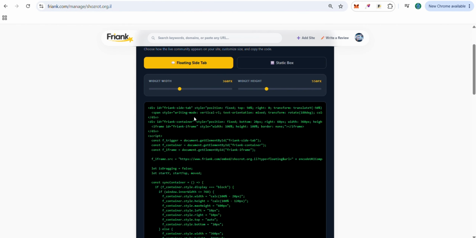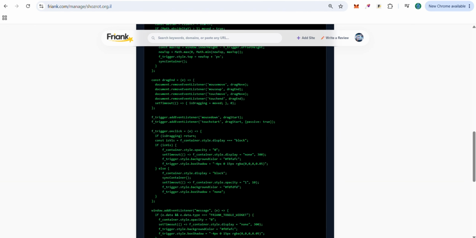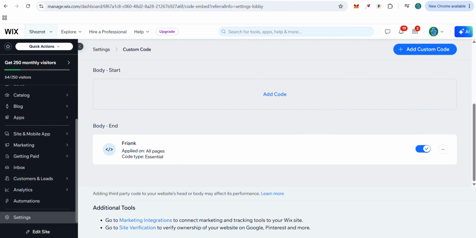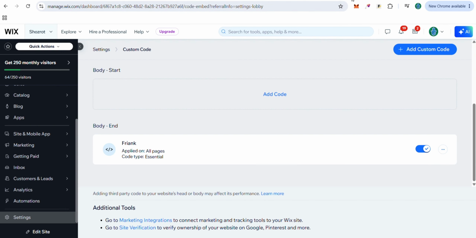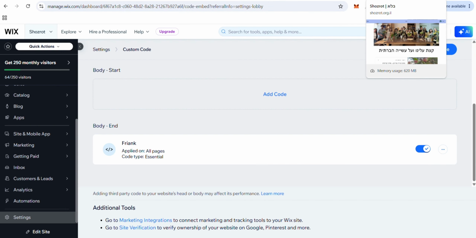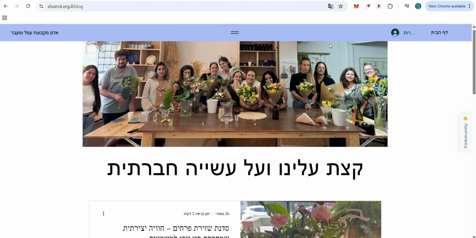I'm going to copy the code, and we'll go here in the Wix manage dashboard, management, settings. I will add custom code. I did it before, and here I'll edit. I will insert the code over here and apply, and the Frank community chat will show up on my website,